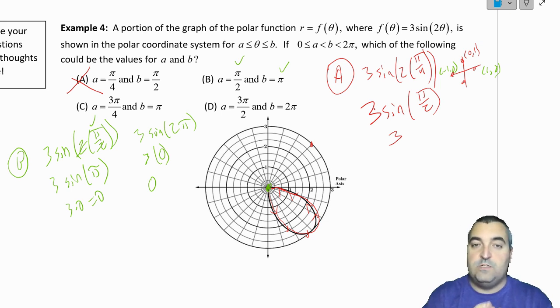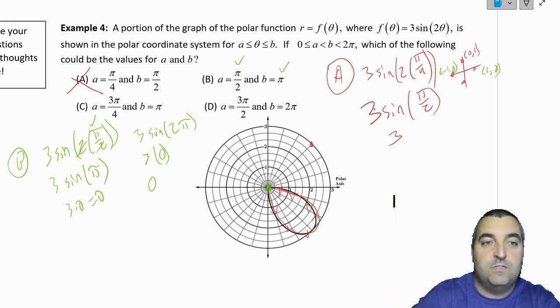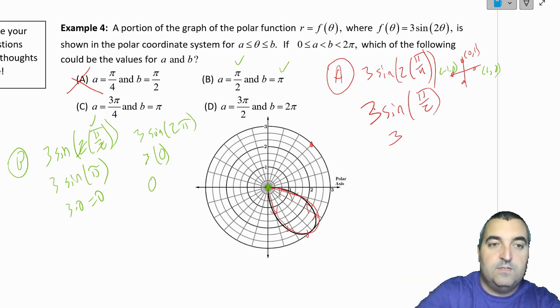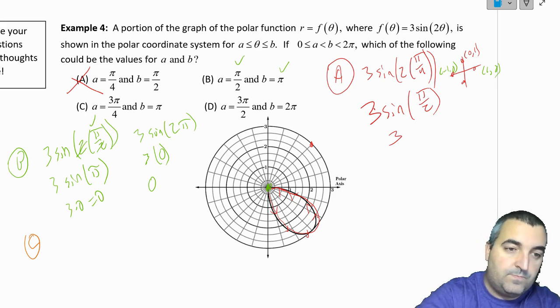We should check the other ones just to make sure. It could be possible that we're doing too much and maybe we have extra petals or things like that. So yeah, I'm going to check the other ones just for the sake of seeing it. So let's go C. But right now, B is my best choice. So I'm going to say 3